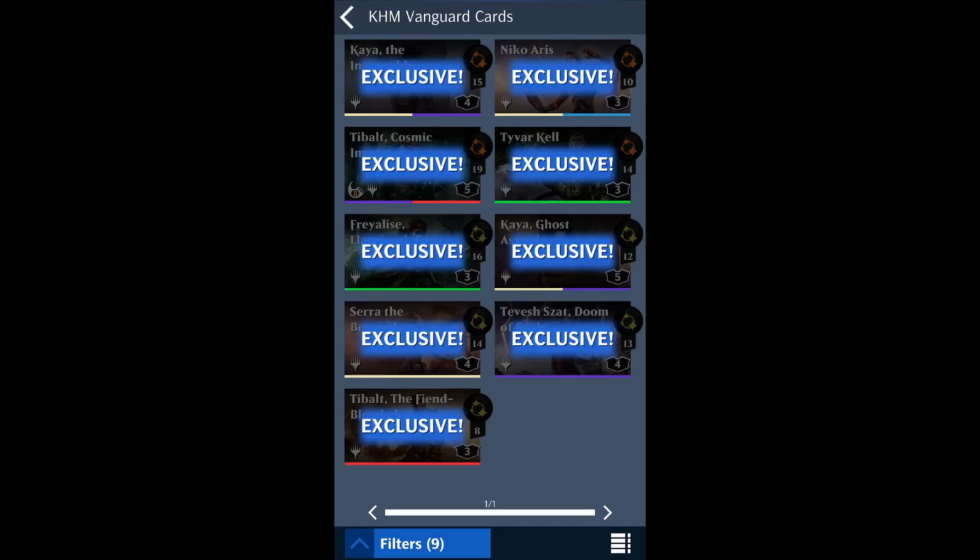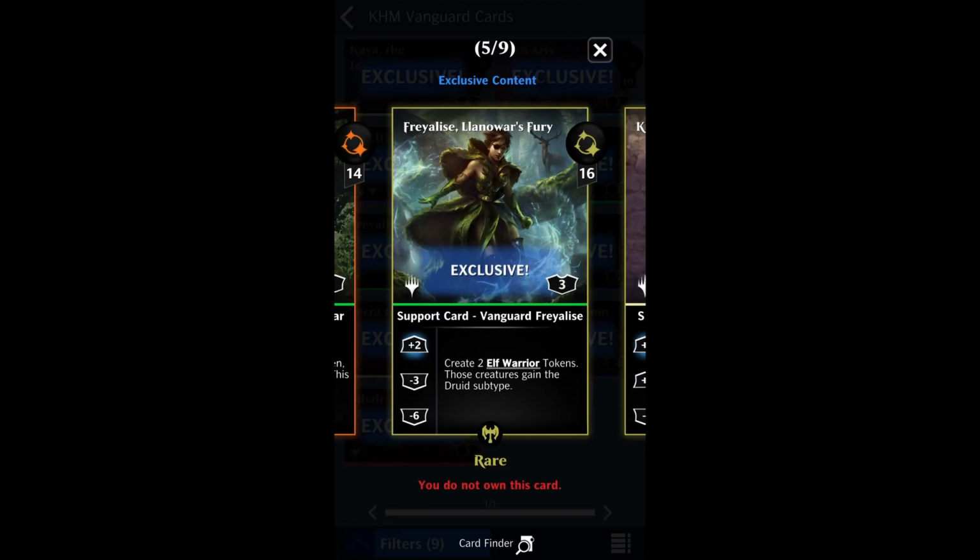Then finally, there's the 5 rares. So what about targeting the rares, Nalthazar? Well,